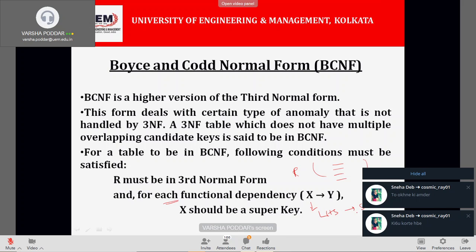That is the rule. To satisfy BCNF, all the functional dependencies, each one of them, their left hand side must be a super key. That is the rule for 3NF. Sorry, that is the rule for BCNF. Fine.